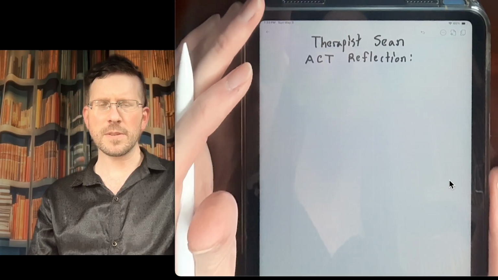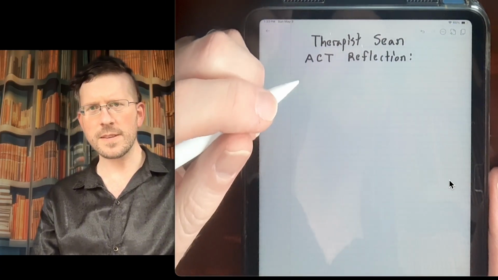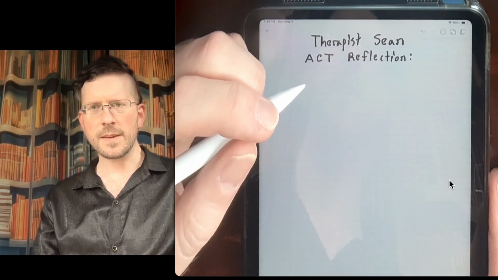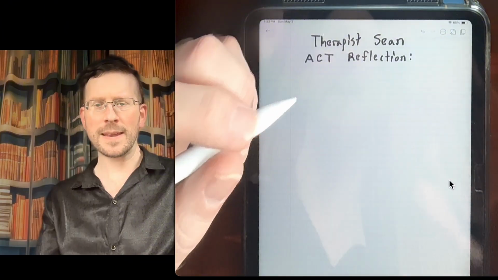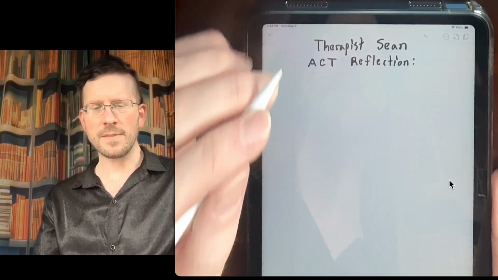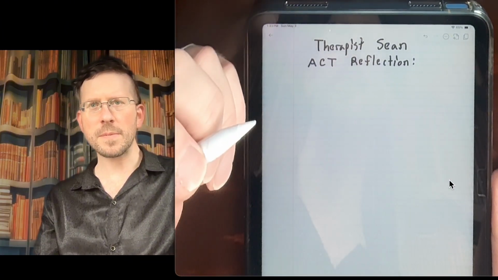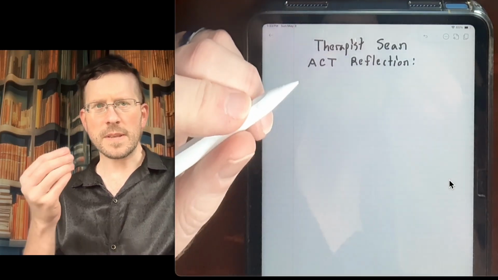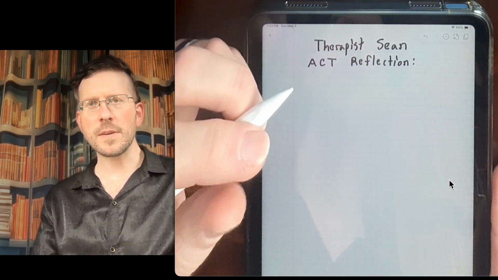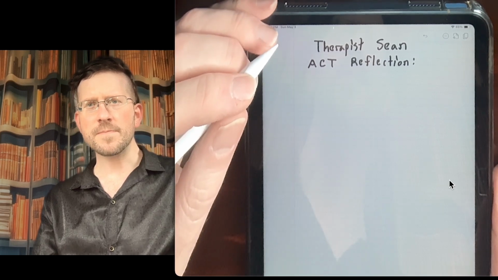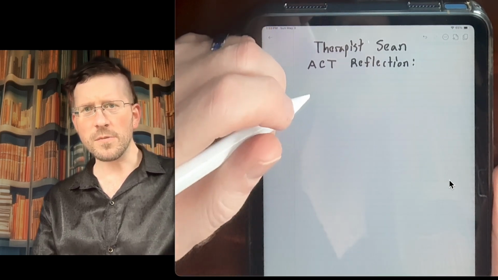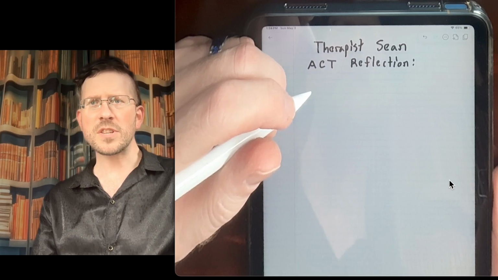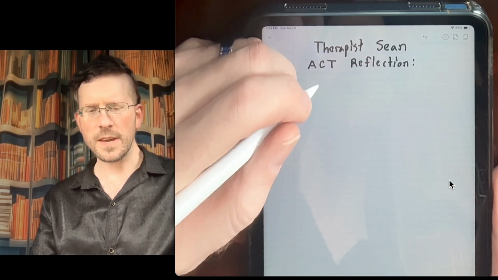There's so many different ways to journal and reflect, but this is something that I came up with because I like to make handouts. I like to give handouts a lot when I'm doing therapy with people. I like people to have homework to do, something tangible to take with them and to think about after a session. And so we're going to start with: what was a challenging situation that you faced?